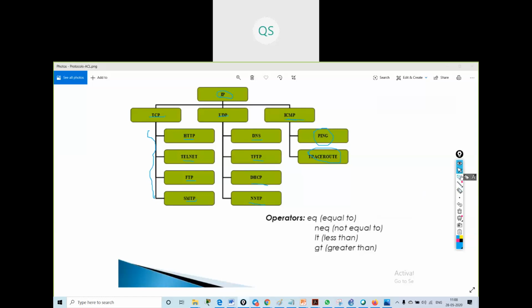Got it? Now these are my operators: equal to, not equal to, less than, greater than. So you can use this type of operators. Suppose I want to deny a specific traffic which is equal to HTTP, so I will write a statement: deny the host to go to the destination equal to 80, or HTTP equal to 80.